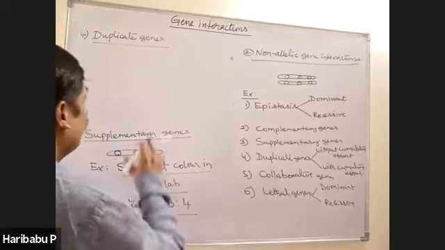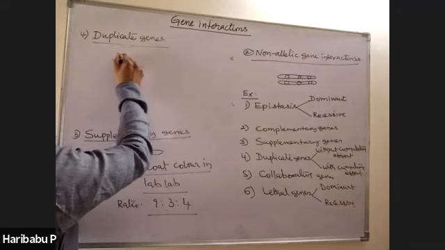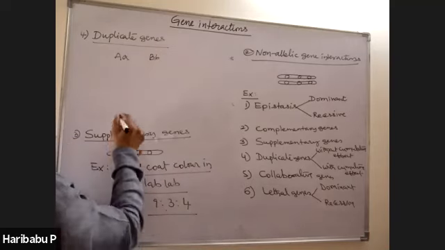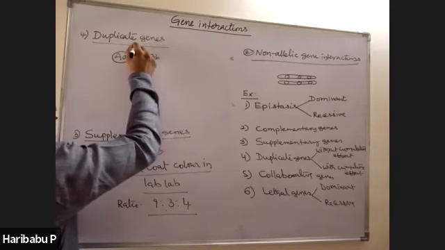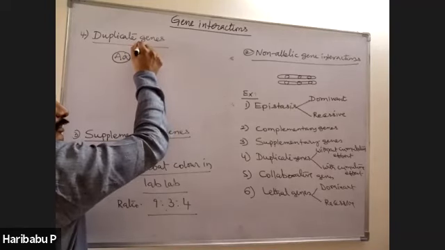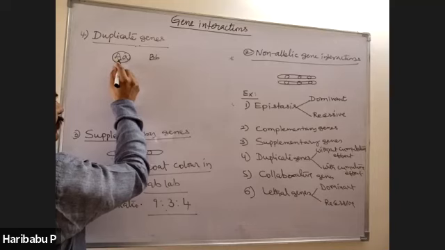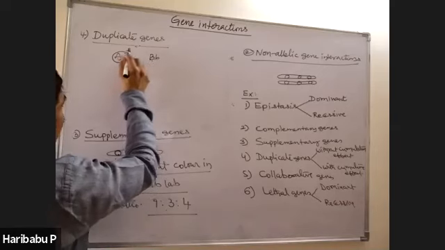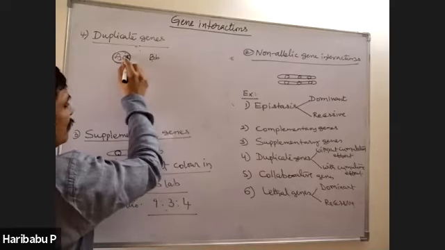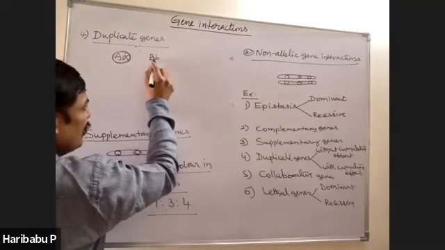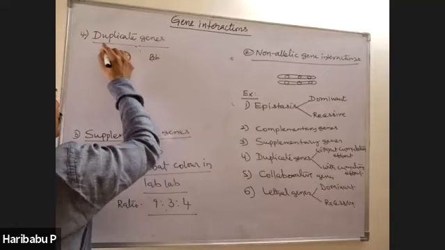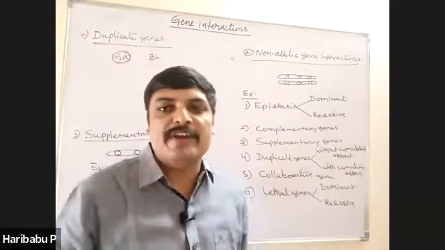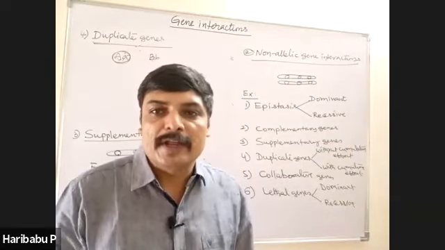I think you understand. Two genes are there, for example, capital A, small a, capital B, small b. These express the same character. This also expresses the same character. That means in the absence of this gene, this expresses the same. In the absence of this one, this expresses the same. Therefore, this gene is a duplicate of this one, or this gene is a duplicate of this one, and such genes are called duplicate genes. Two pairs of genes that express the same trait or same character are called duplicate genes.